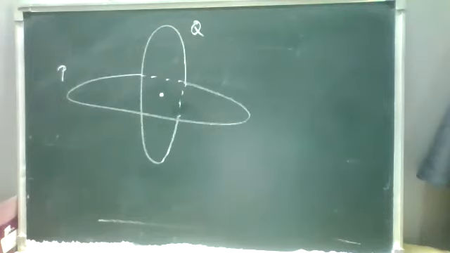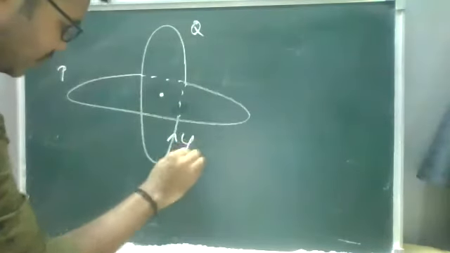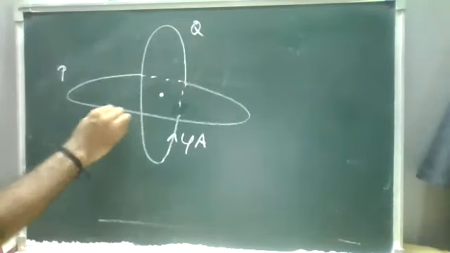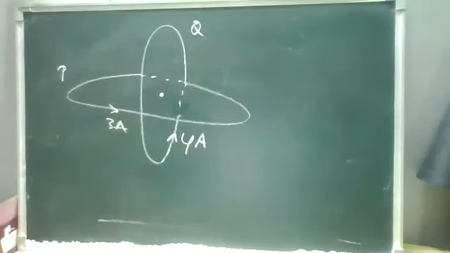If the carrying currents are equal to 3 amps and 4 amps, here for this one it is 4 amps, and for this one it is 3 amps. I'll repeat the question. Two identical loops P and Q, each of radius 5 centimeters, are lying in perpendicular planes such that they have a common center as shown in figure. Find the magnitude and direction of the net magnetic field at the common center of the two coils.